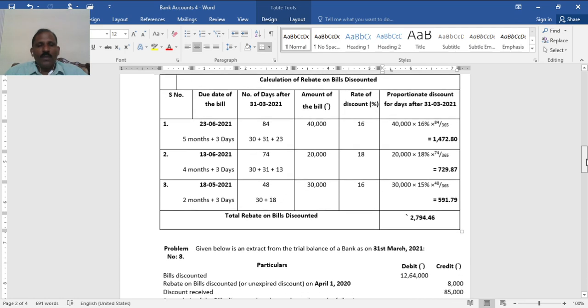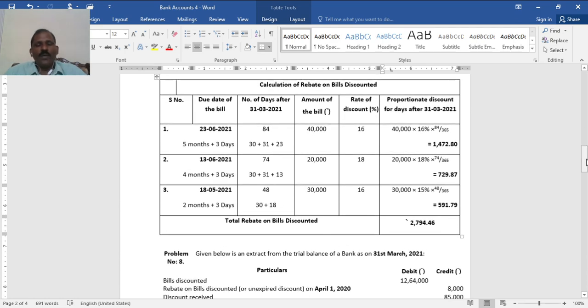Similarly, a bill drawn on 20th January for 5 months. You know that in case of bills of exchange, 3 extra days have to be added while calculating the date of maturity or due date; these are called grace days. So January 20 plus 5 months is June 20th, plus 3 days, June 23, total 84 days. On 40,000 at 16%, it becomes